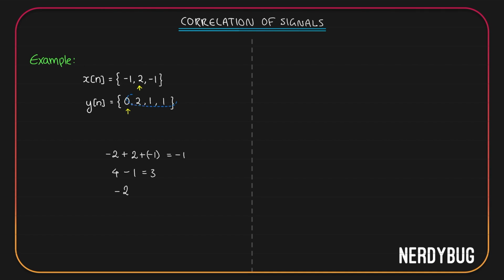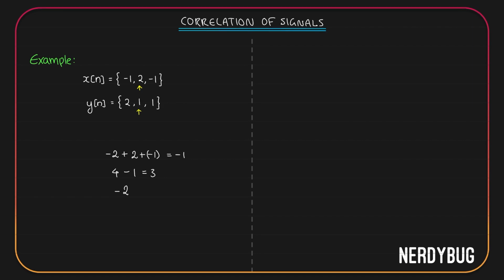If I shift it once more towards the right, then minus 1 will be multiplied with 0, 2 with 0, minus 1 with 0, 2, 1, 1, everything with 0, and I am simply getting 0. If I keep shifting it towards right, I will keep getting 0. So we are not doing that anymore. Let's bring back our original signal.